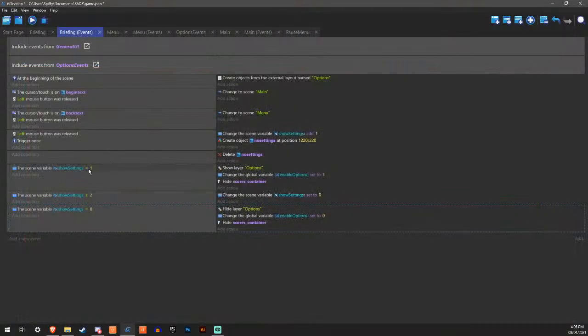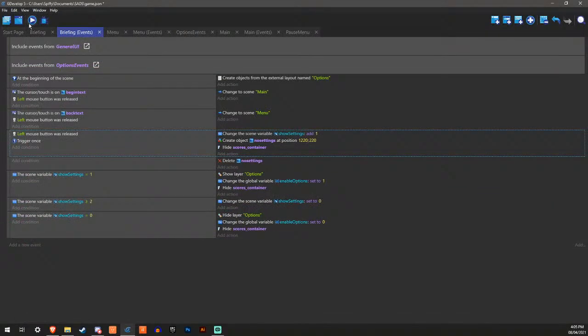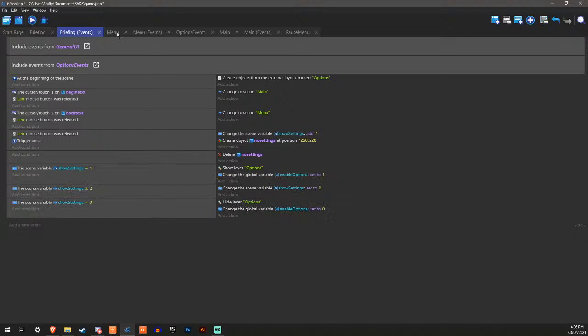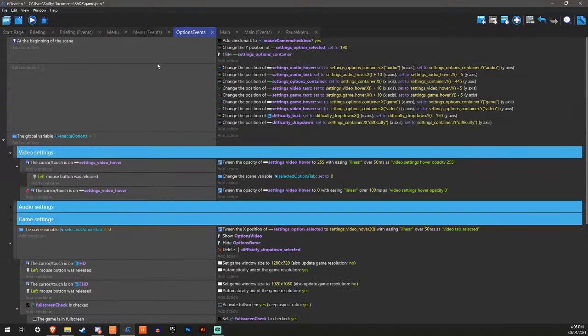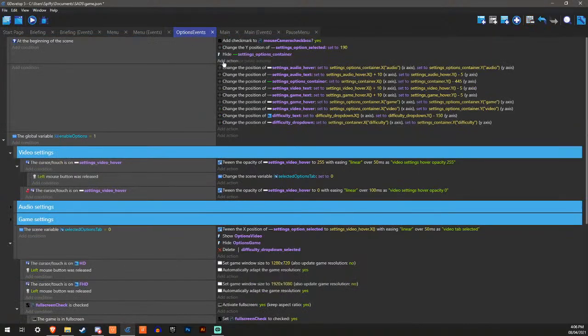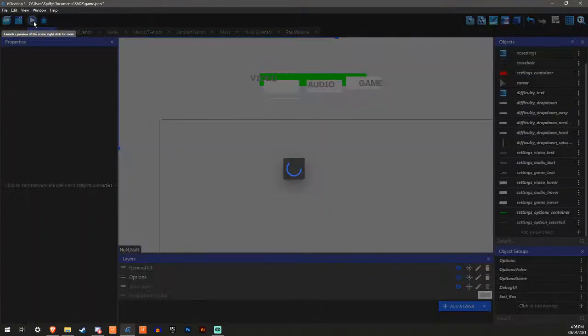And I keep realizing that this isn't working. Okay, this should... No! It's not working because I'm hiding the wrong container. There isn't anything called schools container in here. It's this one. I'm hiding the wrong container.